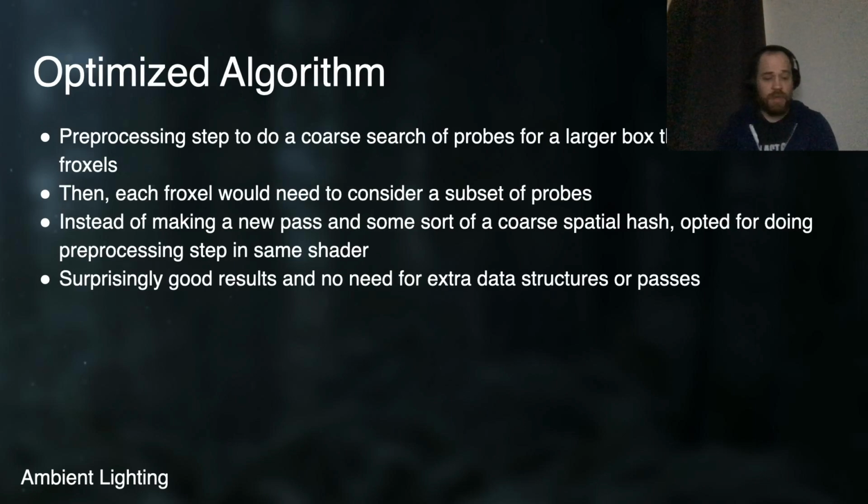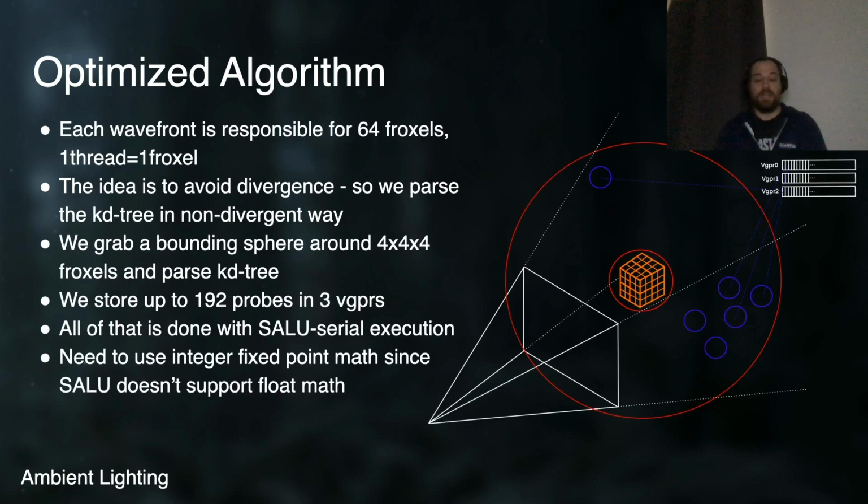So one solution, of course, is to pre-process the KD tree into some sort of BVH structure where we have larger volumes than a Froxel that store which probes intersect with them. But surprisingly, we didn't need to do that. We didn't do a separate pass or store a separate texture or a separate table or some sort of grid hash. Instead of a spatial hash, we just did it all in one shader. But the way we did it was,